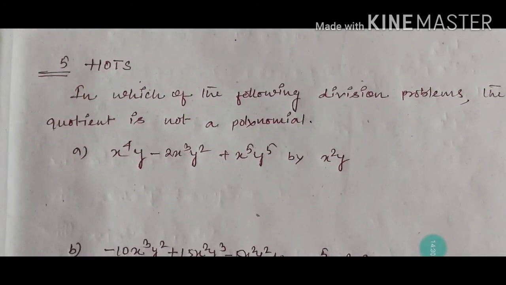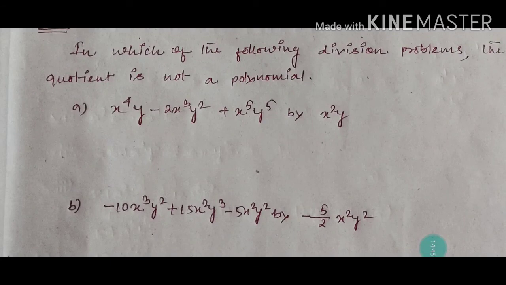Now see this question: in which of the following division problems is the quotient not a polynomial? In which case will the quotient not be a polynomial if you do the division? Polynomial means all the variables should be in the numerator, there should not be any variables in the denominator. Or you can say that in case of polynomials the variable's power should always be a positive whole number. If you have got a negative power on the variables,